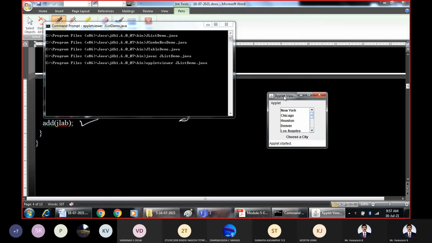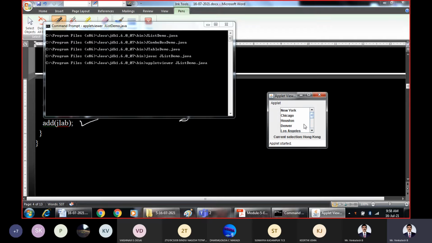Okay, so as you can see, a list of items with the strings whatever we have passed is being created. These names of cities were created, and the vertical scroll bar is automatically added. Now from this list, select the city. I have selected a city called New York. So the current selection is New York. Then the selection changes. Then again the selection changes. If you select New Delhi, the current selection is New Delhi, then Hong Kong, and so on.